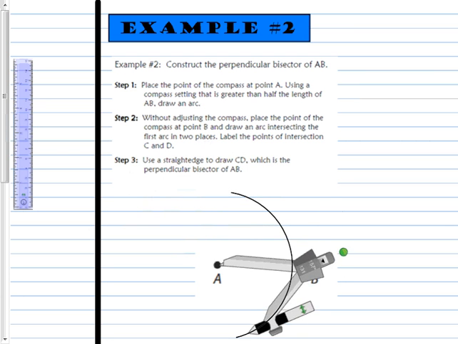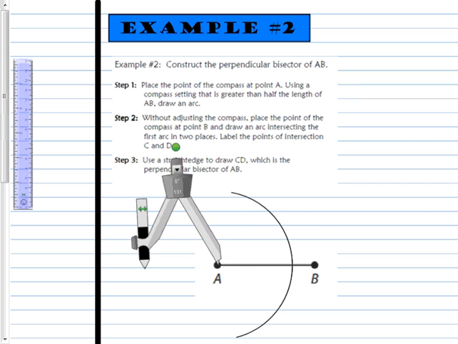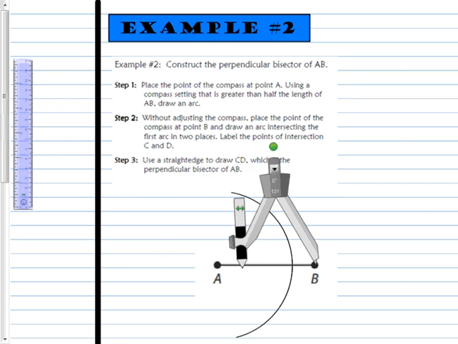Again, I've told you before about making nice long arcs so you never have to re-arc. Step 2, without adjusting the compass, place the point of the compass at point B. So we're going to switch it around. We're going to move this over to point B. I'm not adjusting the length at all. And then once you do that, let me make sure it's set right. Okay. Once you do that, again, place the arc, and it says that